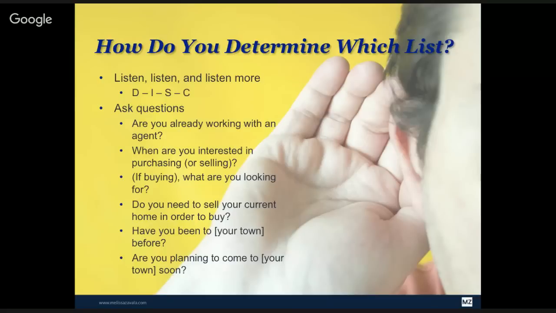High D is someone that is very determined and decisive, and so often those people are a little bit overbearing. High C is going to be cautious, so they're often going to be slower decision makers. Same with high S. So you're going to want to provide those people with a lot of statistics and data in order to compel them to make the best decision. So for the S and C people, it's very helpful to provide your own referrals for very good lenders, for example, so that they can look at the numbers and analyze the numbers. Engineers are often very high S and C. They really like that data.